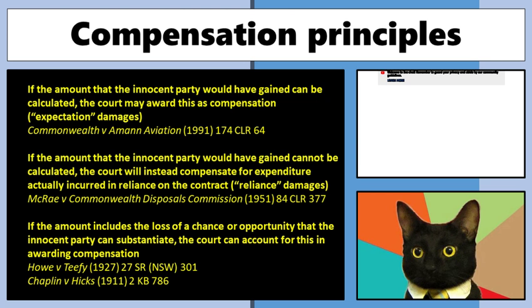All right, and so there's some things we've got to talk about, because that very, very harsh rule is mitigated in a whole variety of ways. But the first thing you need to know is, okay, sure, the other side's breached the contract. There are going to be some situations where we can calculate this amount. I would have sold these to that cruise ship and it would have been this amount of money. Sometimes though you can't make that calculation. All right, and so that's really where these things come up.